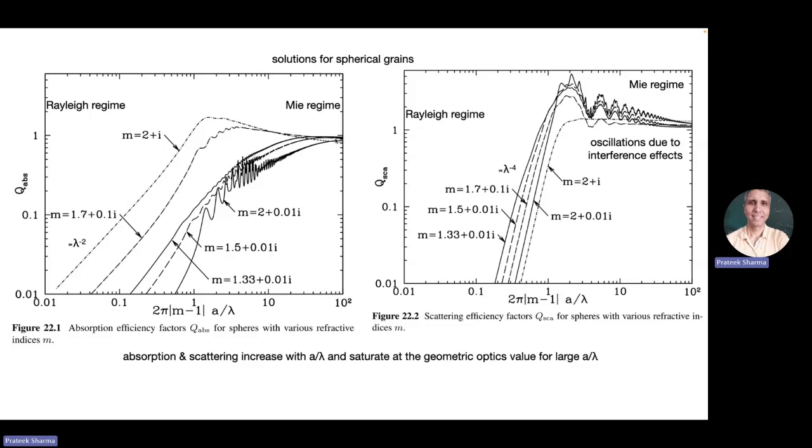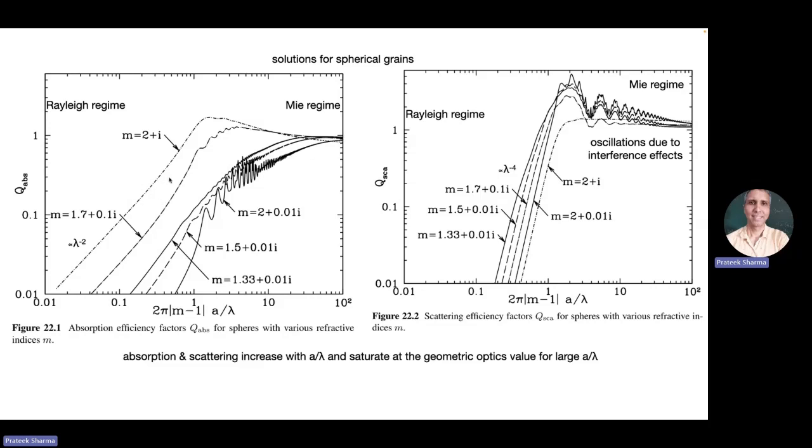So left is the Rayleigh limit, and you can actually see this goes like lambda to the minus 2, because this is 1 by lambda on the x-axis. So this has a slope 2. You can actually see that by eye as well. Okay, so this is the Rayleigh limit. This is absorption. For large a values, the other limit, when the lambda is small compared to the size of your absorber, you are in the geometric limit. It's like blocking the background light. So absorption approaches 1.